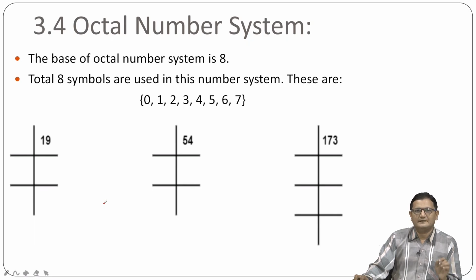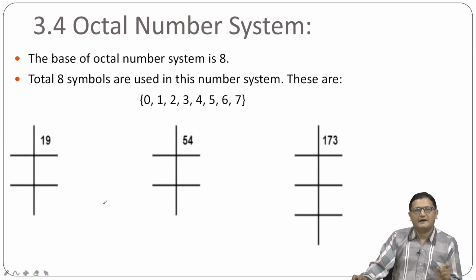And due to that reason the base of the octal number system is 8. Now suppose several numbers are given, for example 19, 54, and 173, and suppose you want to convert these numbers into the octal format. So what you need to do is you just